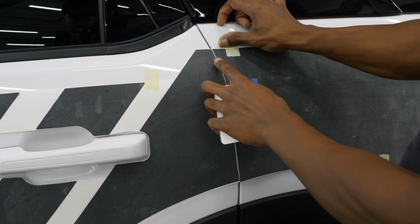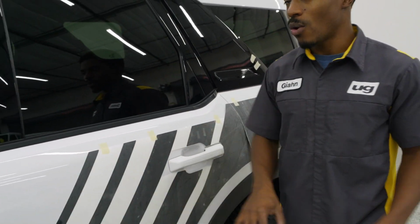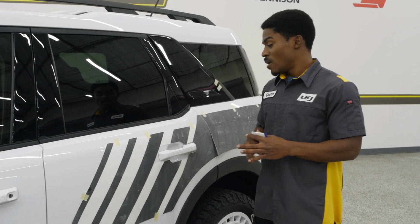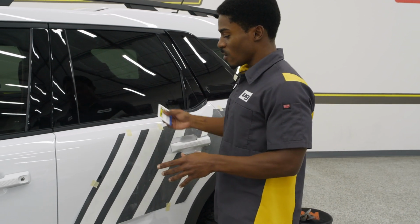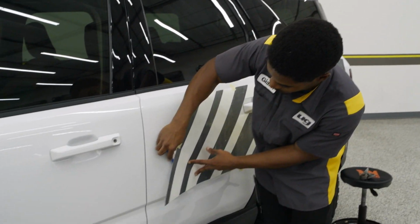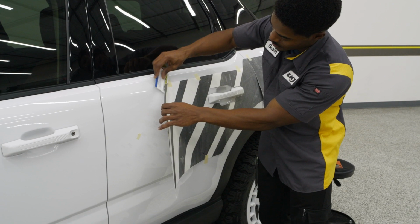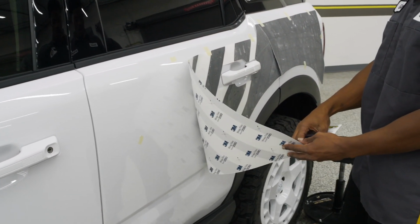I'm going to place this back here, but I am going to move this back so that way I can access the whole door without running into my own work. So let's start off with that hinge method that we have used many times before. I'm going to start here. I'm going to split it out halfway down the middle. This is when you want to get those scissors out. So we're just going to split that tape. Splitting the tape does give a bit of a marker, so that way you guys know where this is going